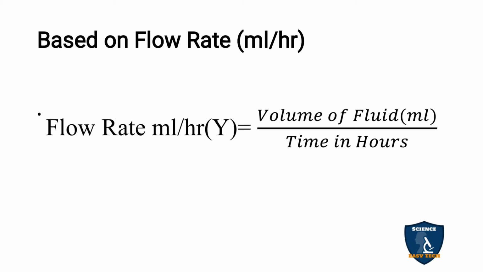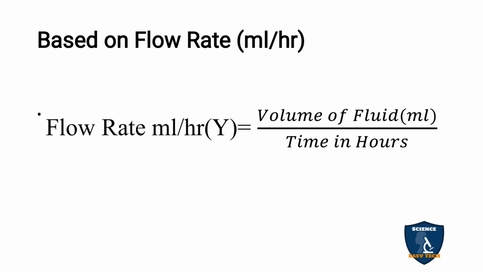Similarly, moving on to time, sometimes they will give it directly in hours like 4 hours, 2 hours, 8 hours, 12 hours, 24 hours. If they have given the time directly in hours, substitute directly. If not, you have to convert into hours. Suppose they have given it in minutes, convert into hours. We all know that 1 hour is equal to 60 minutes.